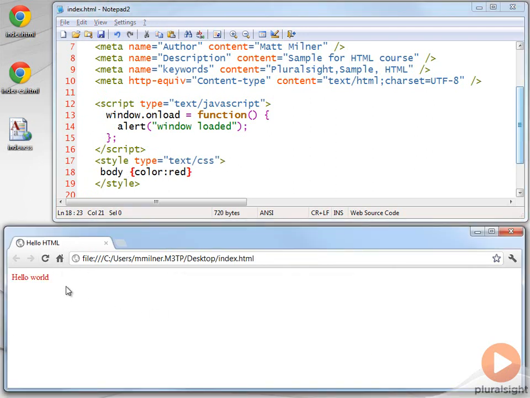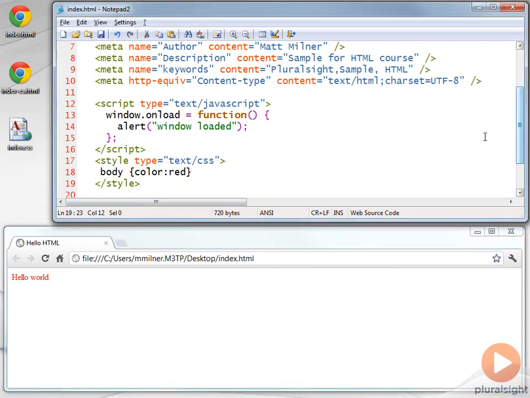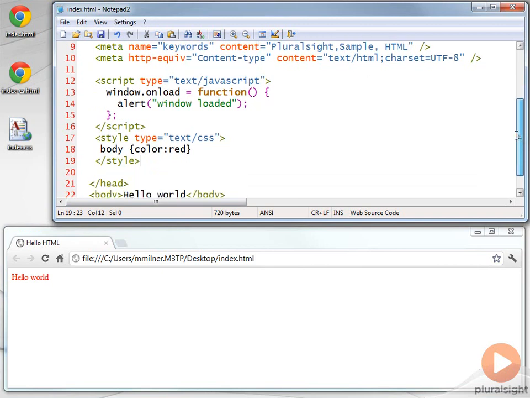So if we refresh that, we see our script runs and our style is applied. And so the color of our content is now showing up as red. As I said, we've got courses on style sheets and script that'll take you a lot deeper into those things,